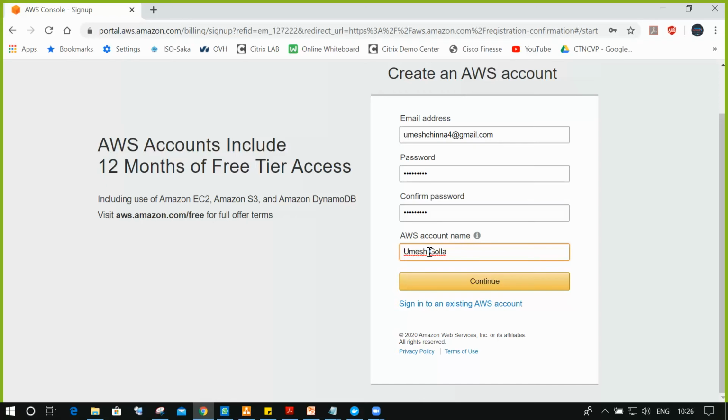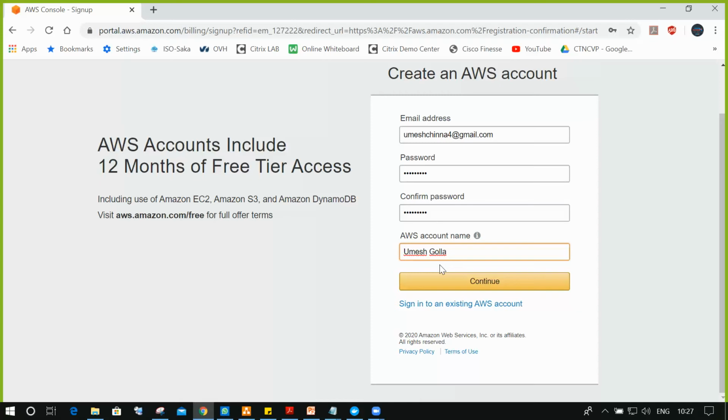Definitely, it depends on your email address initially. Mostly the company name will be reflected. For example, if you're creating an account for Wipro, the account name will be Wipro. If it is for Infosys, the Infosys name will appear.